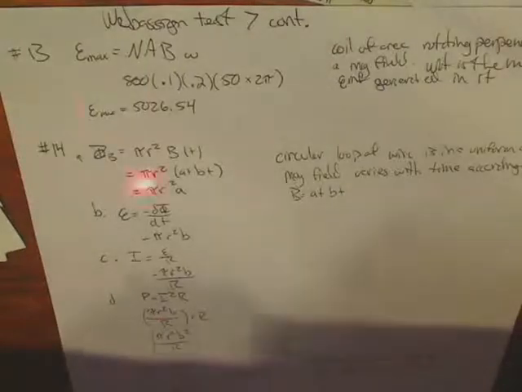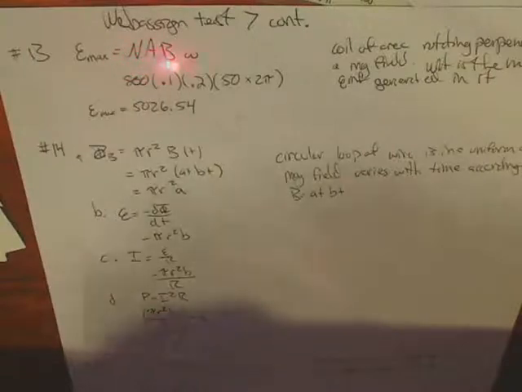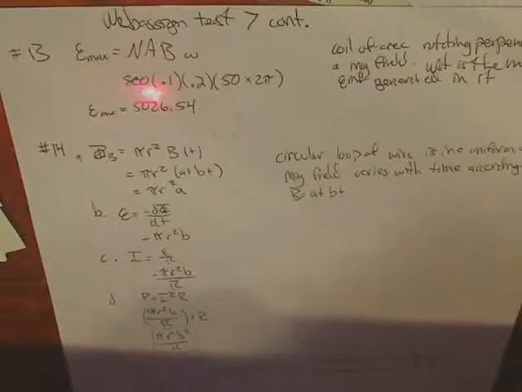So you start with the equation that the Emax is equal to the number of turns times the area times the field times the omega. You're given that the number of turns is 800 times the area, which is given as 0.1, the field, which is given as 0.2, and the omega, which is going to be the number of turns times 2 pi. So you're going to multiply all those together and end up with